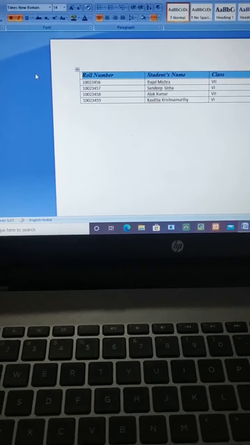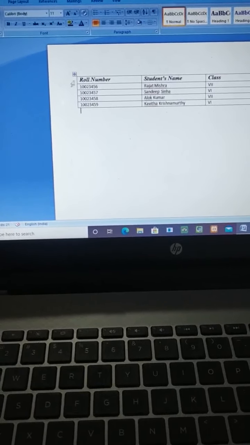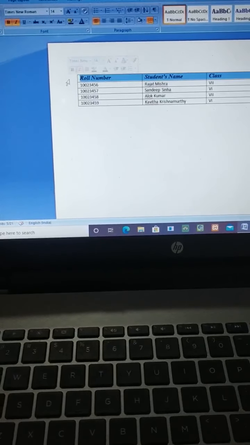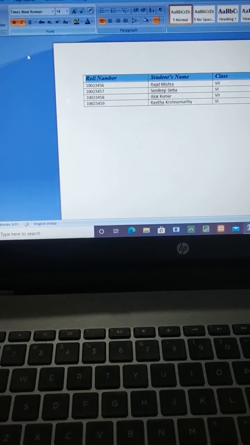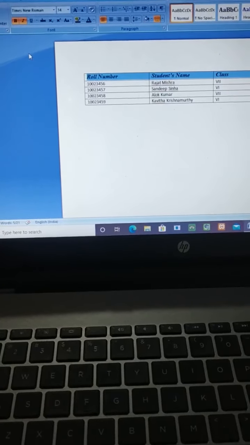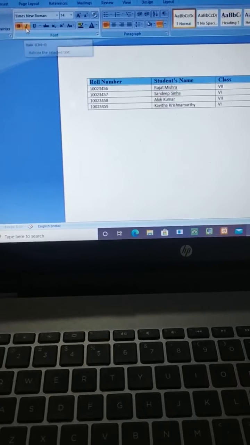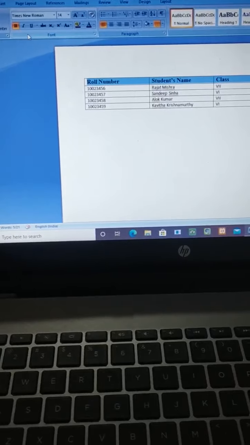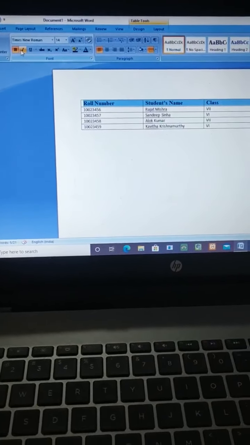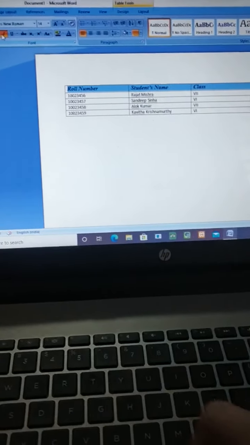Look here, for single click you can do, when you move the mouse to outside, this arrow will come, our mouse pointer, and just click and the full row will be selected. Now we are going to move to italics. We are selecting italics. Just look on this and it will be moving on to a slanting position. Understood? Slanting to right side.